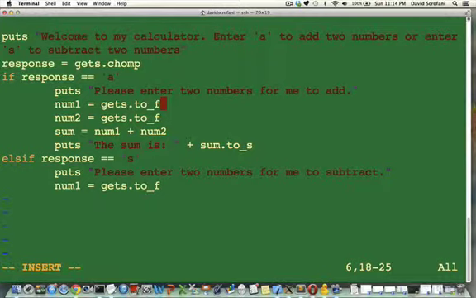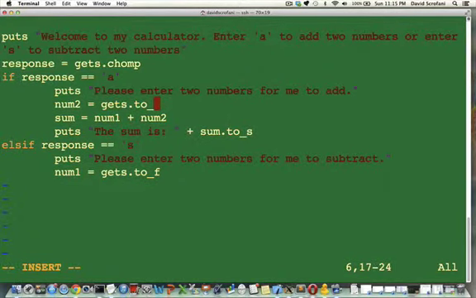Now this obviously works in this case because my first operation is addition, my second operation is subtraction. Both of them require two numbers. But if you were doing something more complicated where your if was, say, adding numbers and your else was, I don't know, calculating the volume of a sphere or something like that, then you'd have very different inputs for the two different situations, so you wouldn't be able to do what I'm about to do. But again, in the interest of keeping the code clean, let's do this. So